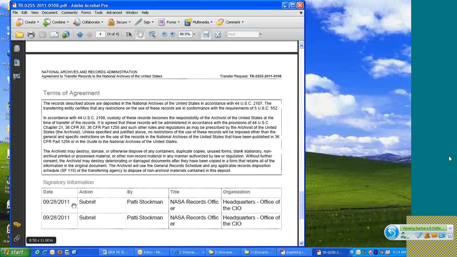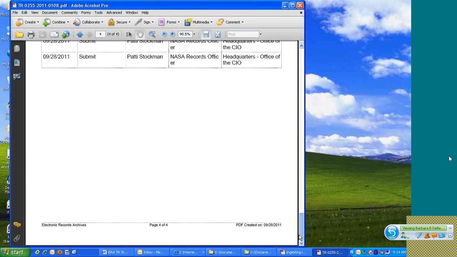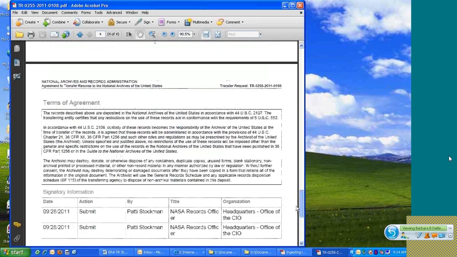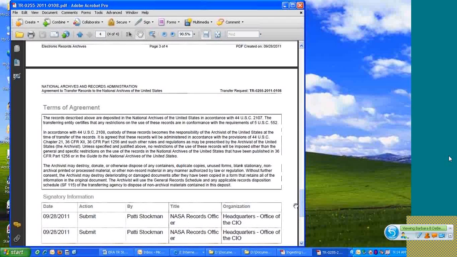The one thing when you print or PDF the transfer request, they now have an attachment area. You do not see that when you PDF and print the transfer request, but it will show up when you open it up. So that's just real quick one of the transfer requests that we're going to go over. If anyone has any questions about it,